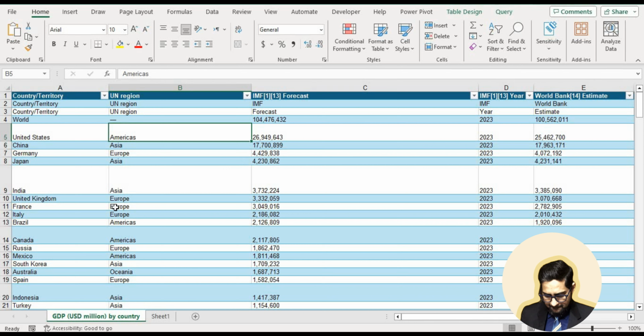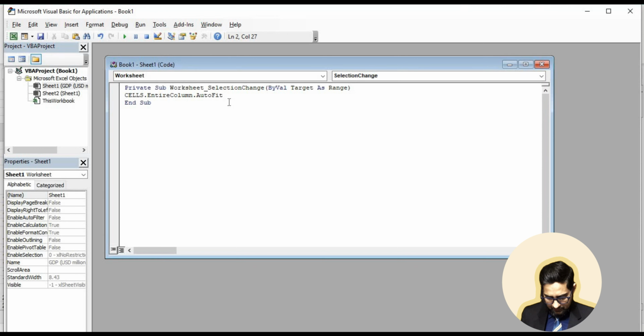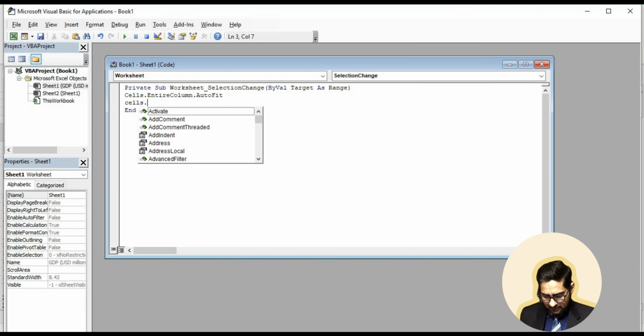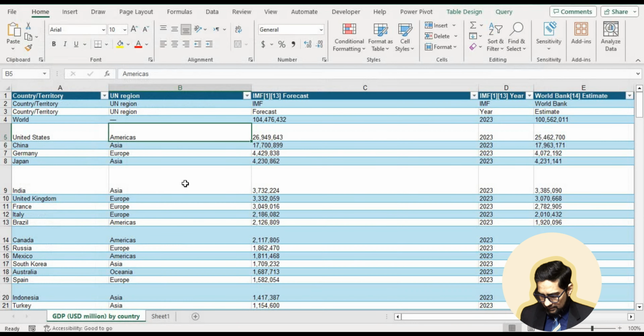Okay, columns have been fixed. Now I'll click the code, view code, and again I'll type Cells dot EntireRow dot AutoFit. I'll select it, I'll close it,